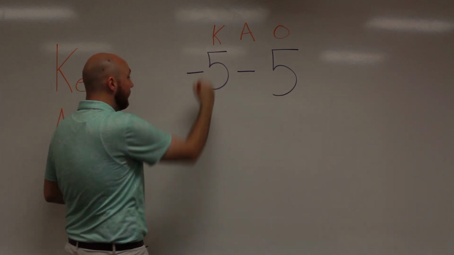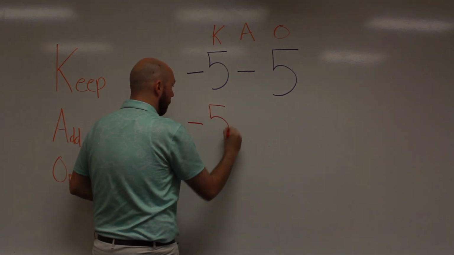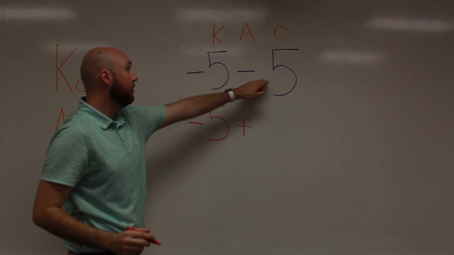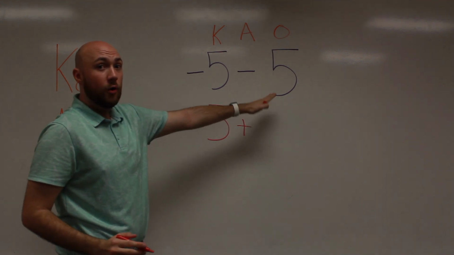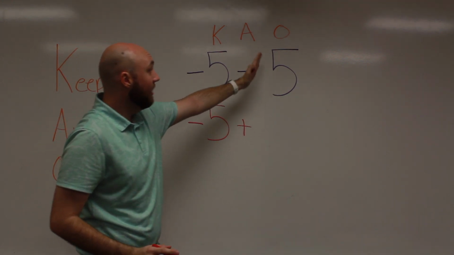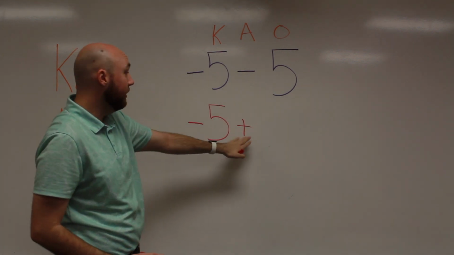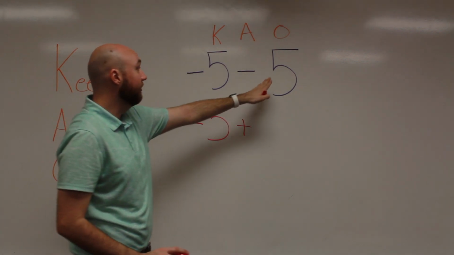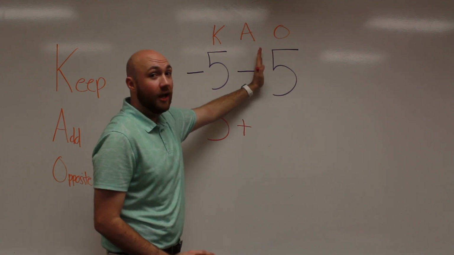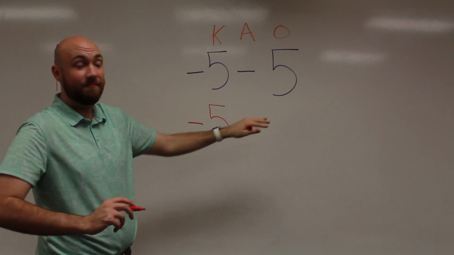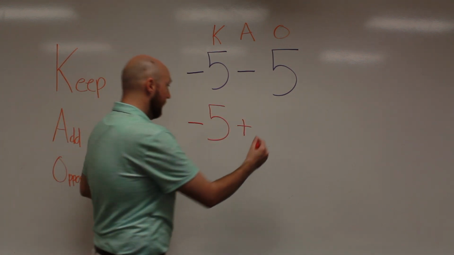Okay, so I'm going to keep the -5, change my subtraction to addition, and do the opposite. So right now, what do we have? Is this a +5 or a -5, right? Do not look, right? This is a subtraction sign. We already changed that to a plus. So just look at the number. There's no negative attached to it. We're going to do the opposite of +5, which would be -5,